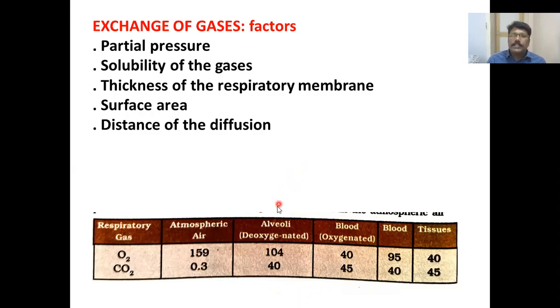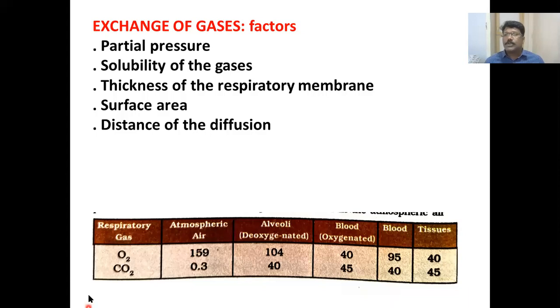And not only that, the solubility of the gases. Gases are soluble in the liquids. So this solubility of the gases is also an important factor. And next, the thickness of the respiratory membrane. The alveoli have a single layered squamous epithelium. So the blood capillaries come into very close contact. So there will be a single layered cell membrane. And this thickness also plays a very important role in the exchange of the gases at the lungs